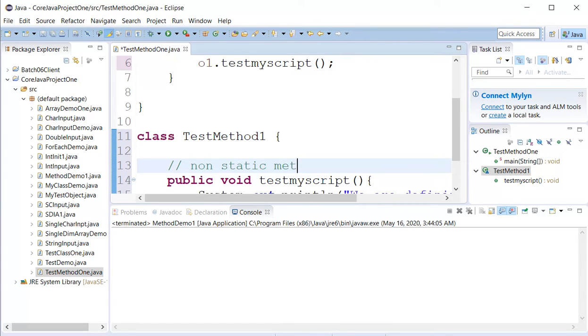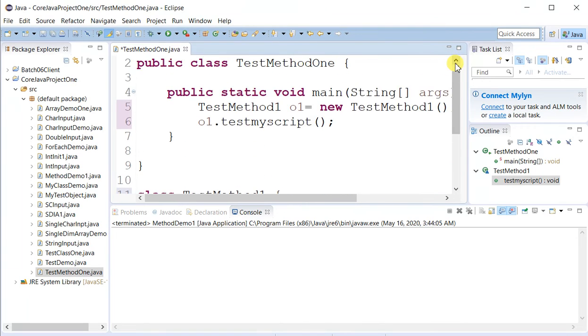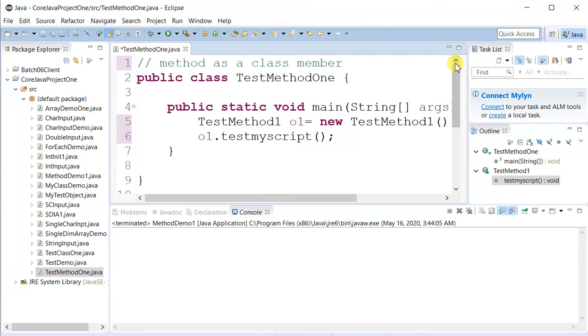We have not used the static keyword over here. To understand it more, it may take a little more time through several videos. So it is a non-static method, and we can call non-static methods with the object.